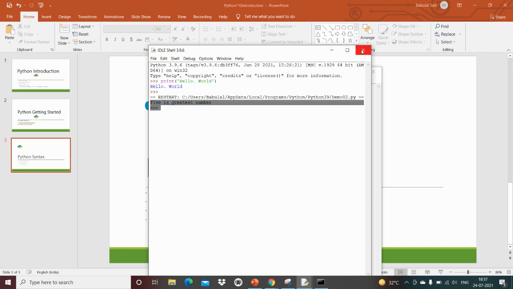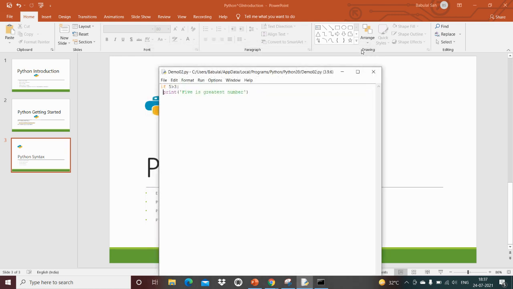So indentation is a space to indicate a block of code. Got it? Python will give you an error if you skip the indentation, right? That is called a syntax error. The number of spaces is up to you as a programmer, but it has to be at least one, right?